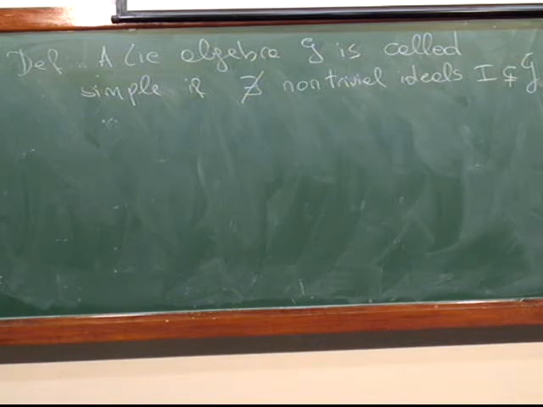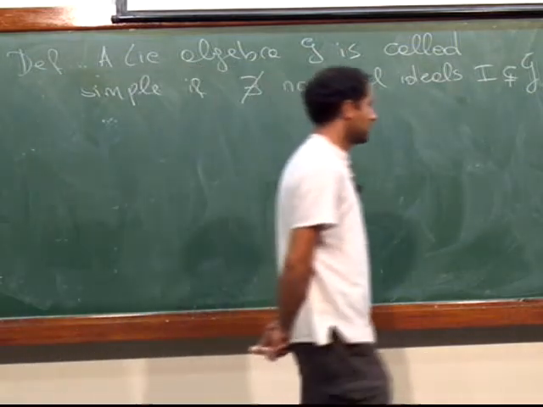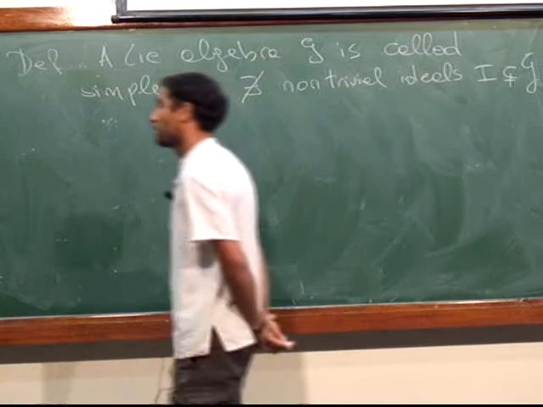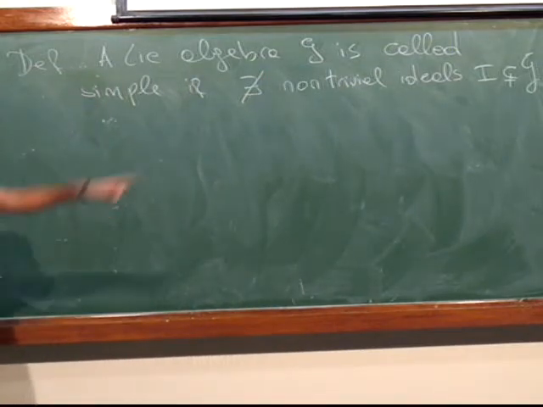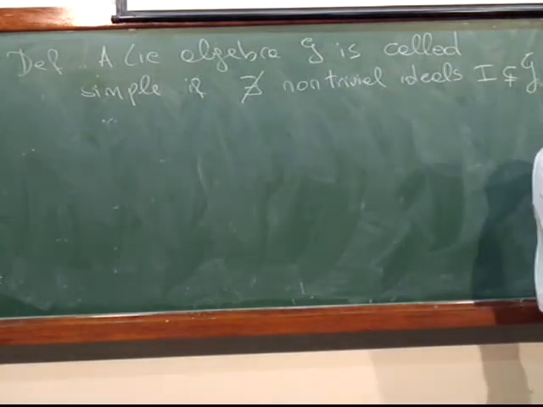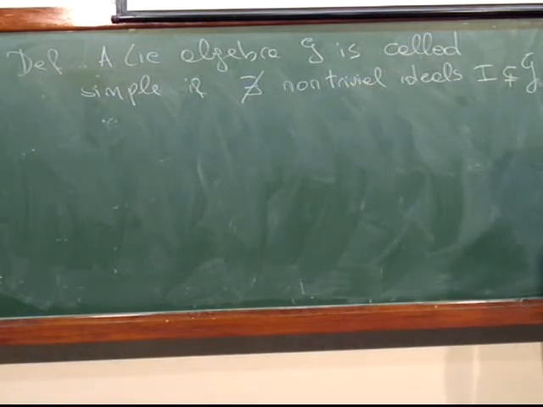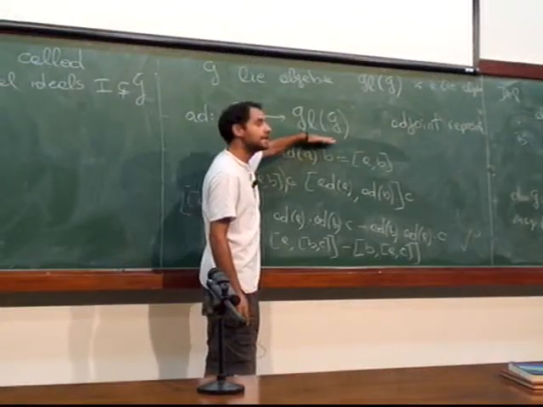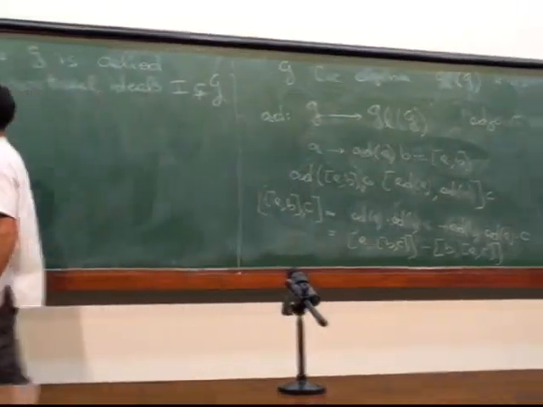But in particular, if you have a simple Lie algebra, then we already know that the center has to be 0, because the center is an ideal. But if the center is 0, then that guy has 0 kernel, and G sits inside of GLG. So any simple Lie algebra is a linear Lie algebra. So what we proved